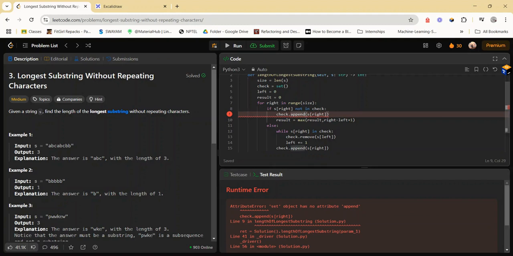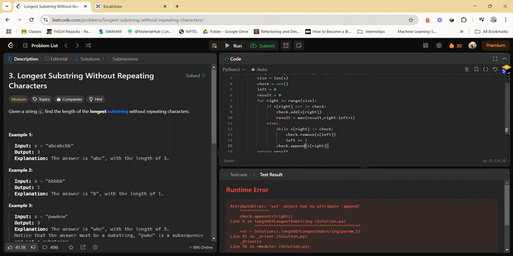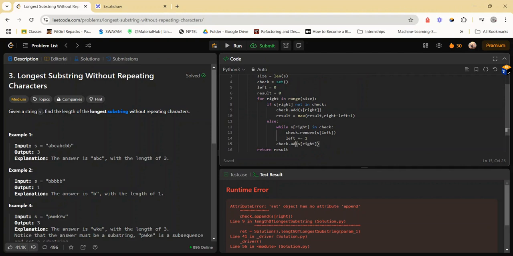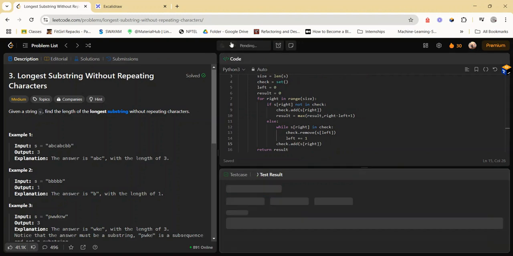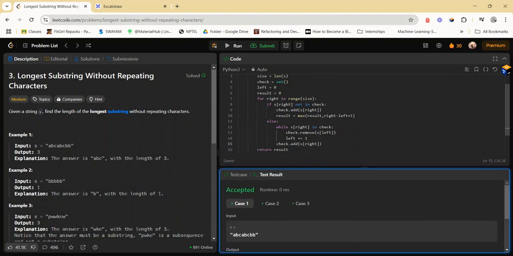Sorry, it's not append, it's add. And that's it. We are submitting the result